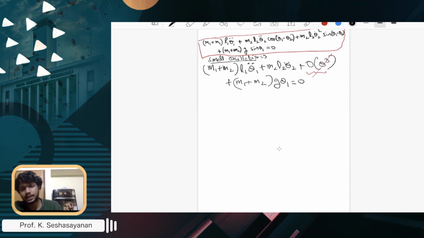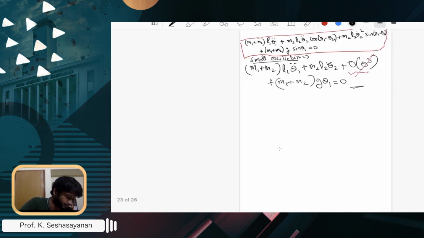So this is the typical thing which one does for a small pendulum, a simple pendulum. One says that sine theta 1, even though sine theta 1 has theta 1 minus theta cubed by 3 and terms like that, we just take the first order expansion. So we just take sine theta equal to theta. And so this is the first equation, and the second equation is